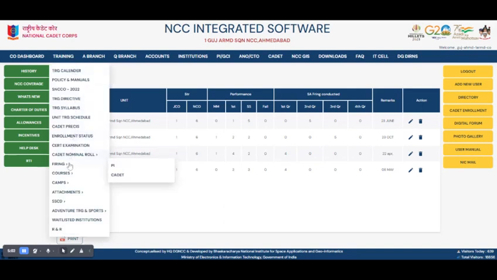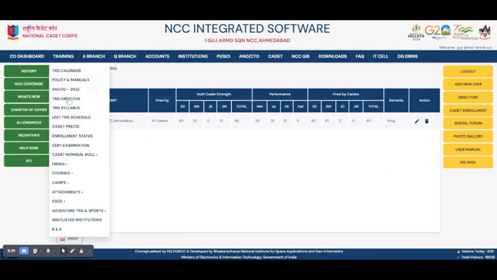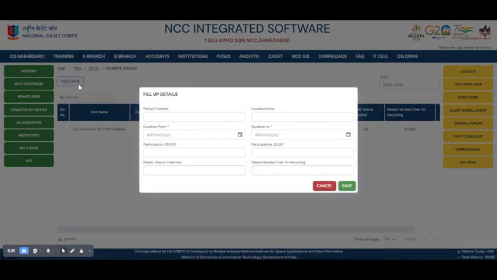Similarly, he has to go for the cadets firing also in a similar manner. Once done with that, go to the SSCD activities, click. Now, these are irrespective of any camps. Go for anything, add data. The column is period covered. Suppose it is May 2023. For example, location, area,